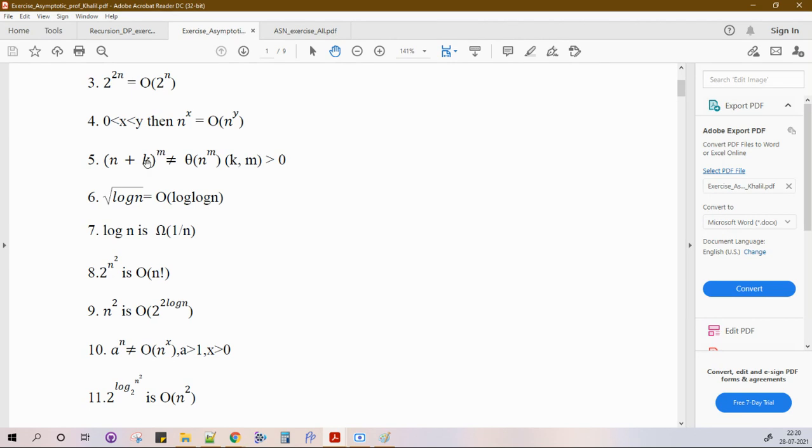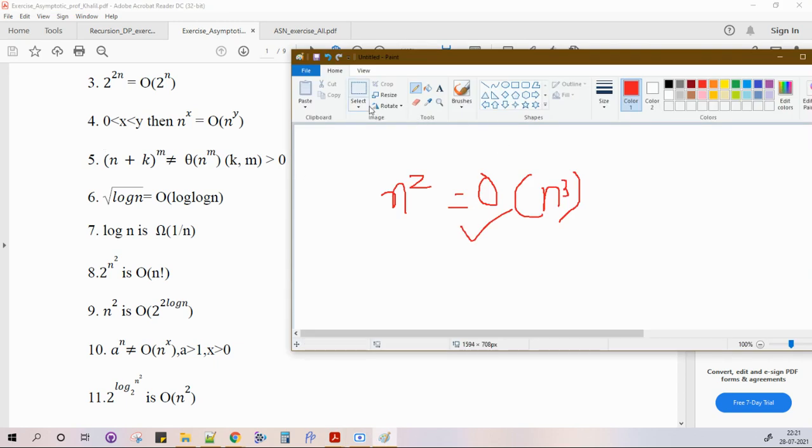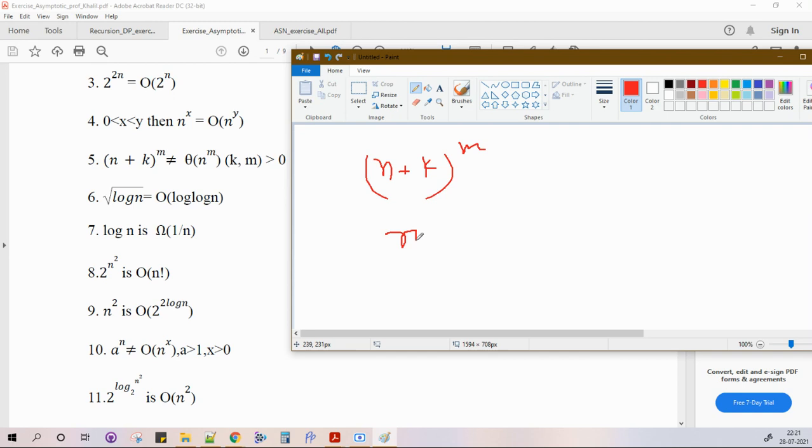If you give the binomial expansion, then this polynomial would be of order m, right? This polynomial would have the order of n. Now, what happens in order of m is the highest term with the n. If you take n plus k raised to m and give the binomial expansion, the highest term of n would be n to the power m, then m minus 1, then m minus 2, like that. But we just want to say the highest term, which is nothing but n to the power m. So it is order of n to the power m and omega of n to the power m, that is also theta of n to the power m, that we saw yesterday, right?